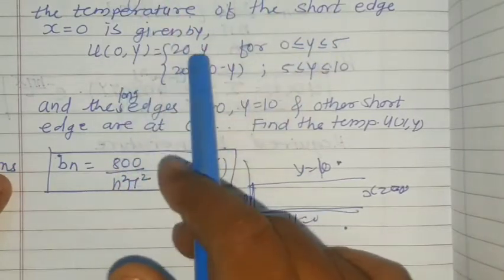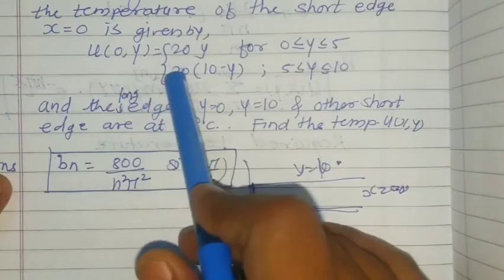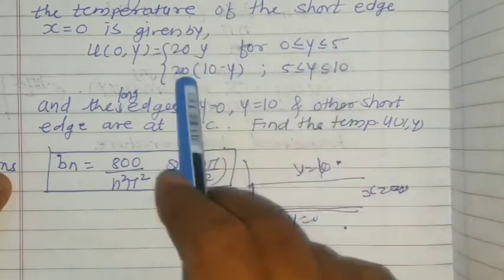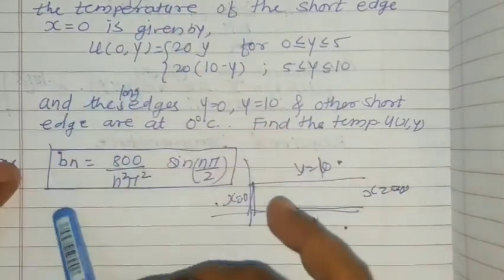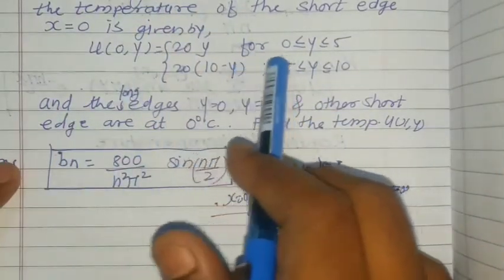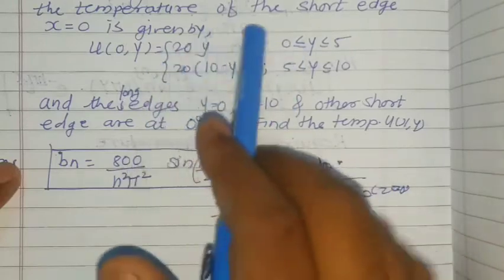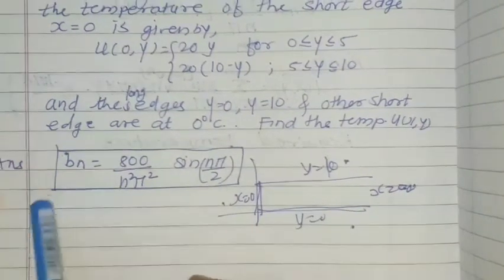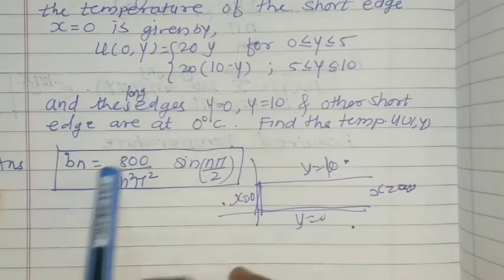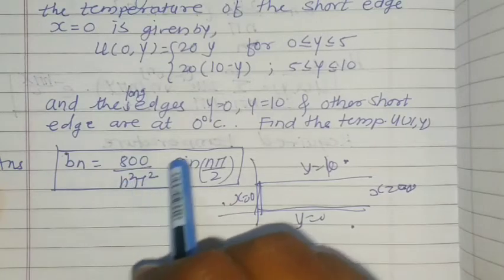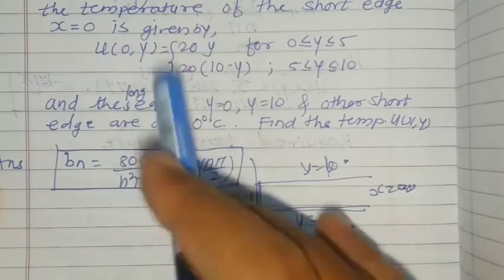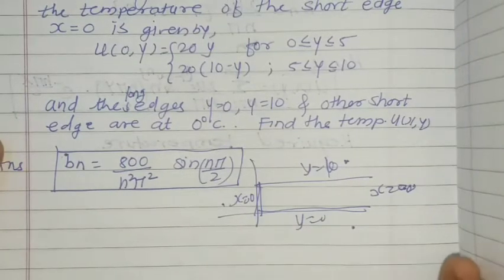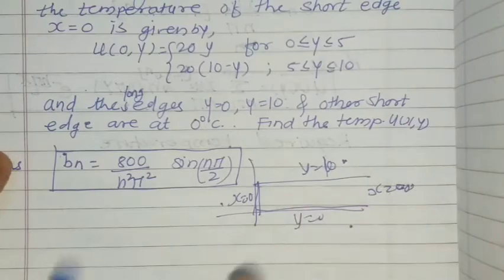So whenever we are having a discontinuous function, while doing the calculation of Fourier coefficient Bn, we split the integration in two separate ranges. This type of problem we have solved in one of the problems, I think in the one dimensional heat equation problem. So you can take the reference of that solution also. After doing calculation for Bn, you will get Bn as 800 by n square pi square sin n pi by 2. And this value of Bn finally you need to put in the series number 3 that you will get.